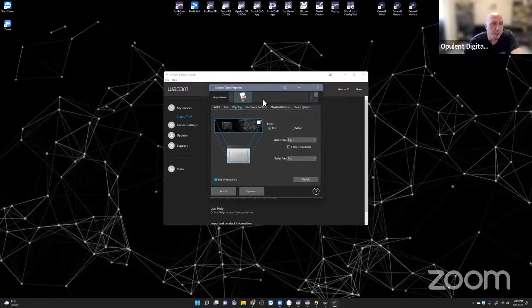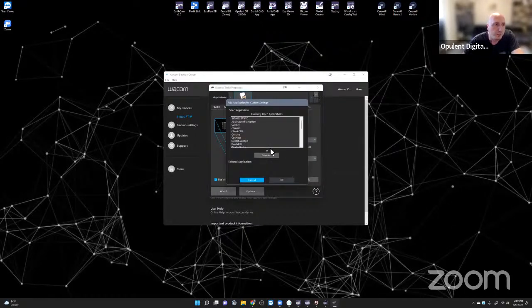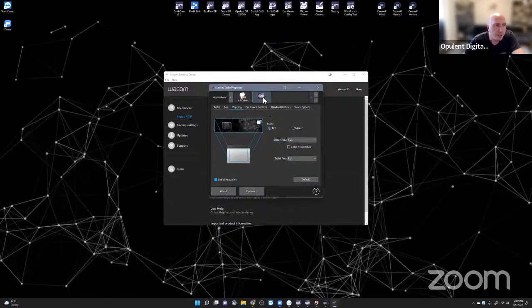Ideally, I would make a new profile here, and I would say, what's the application? I would say this is the DentalCAD app. Let's say okay. And now for the DentalCAD app, I actually don't want the mapping here as screen area full. I just want the second screen, which is the screen on my left, which is the one I'm currently presenting from. So now the dimensions of that tablet, what is sitting on my desk, are roughly matching the monitor, and